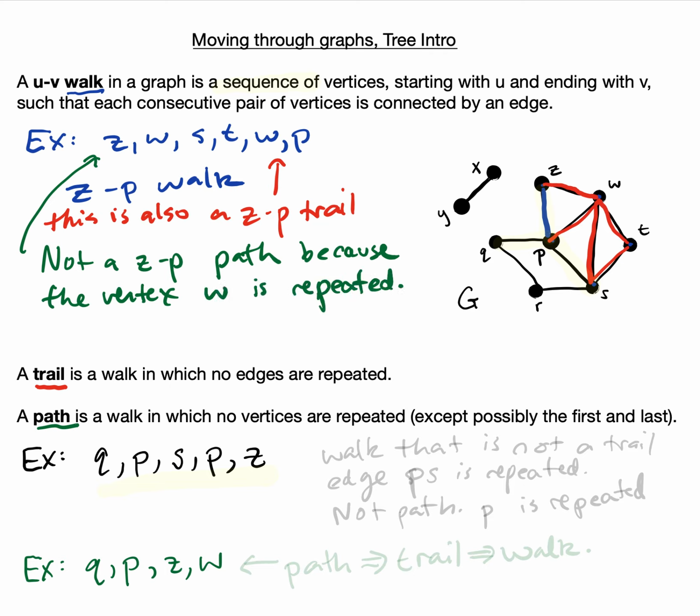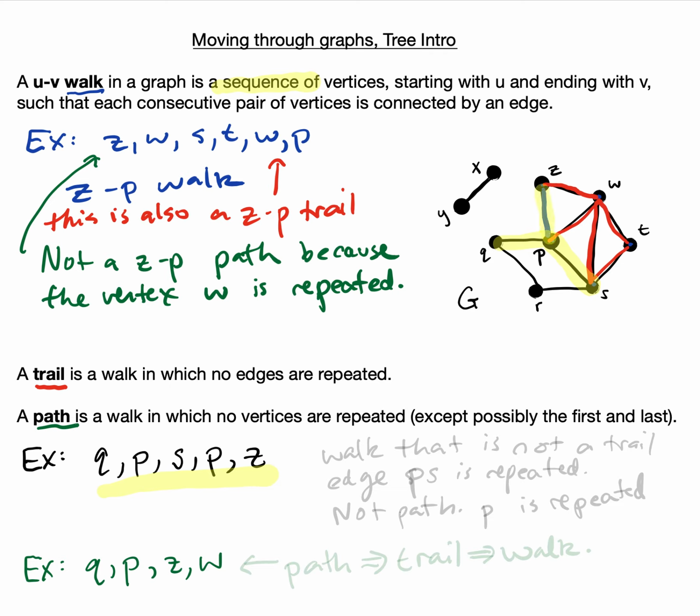And just a reminder, the word sequence means that it's in order. So the walk Z W S T W P is different than if we did the walk P W S T W Z. Those would be two different walks. So above we have a sequence of vertices that is a walk and is a trail but is not a path. As another example, we could look at Q P S P Z,